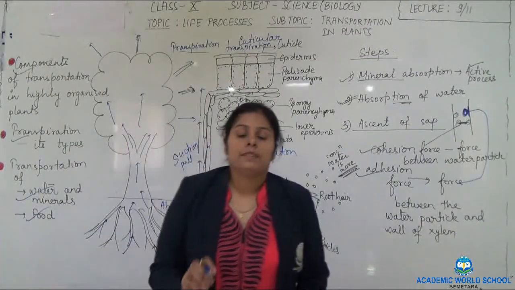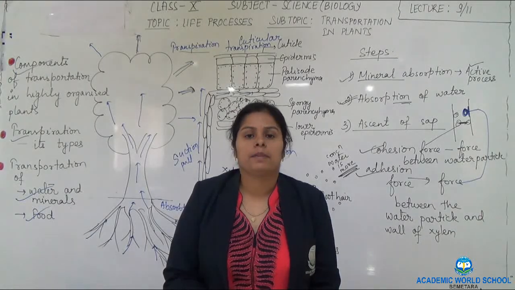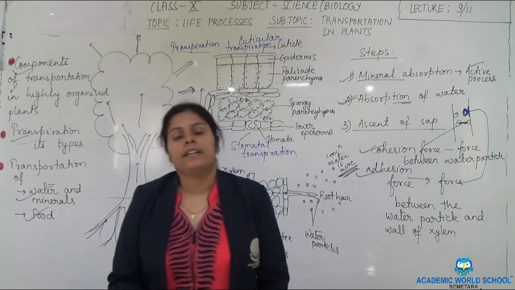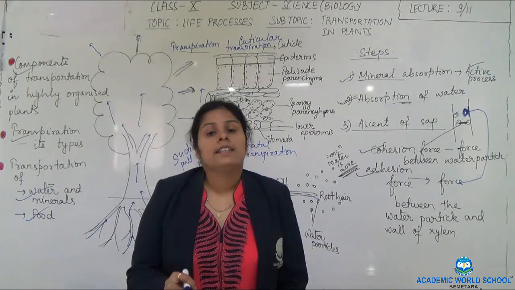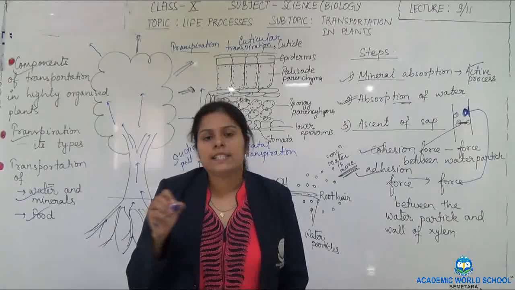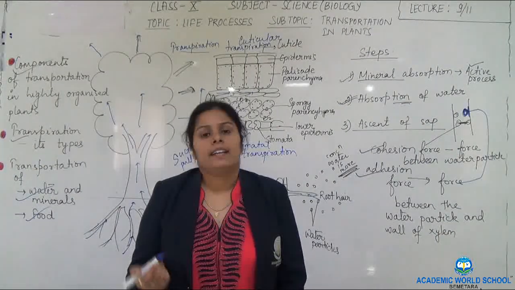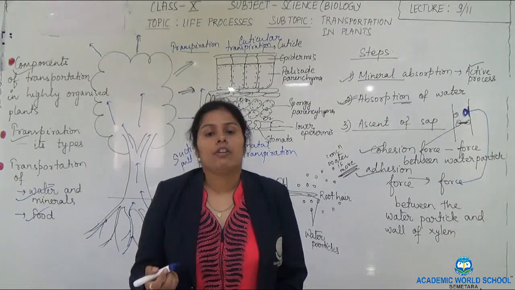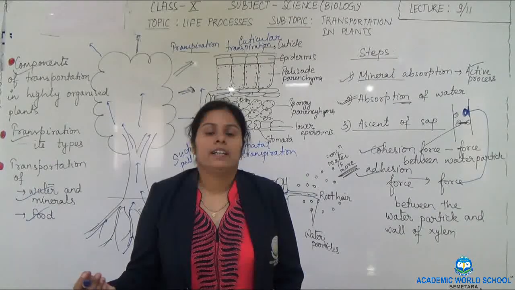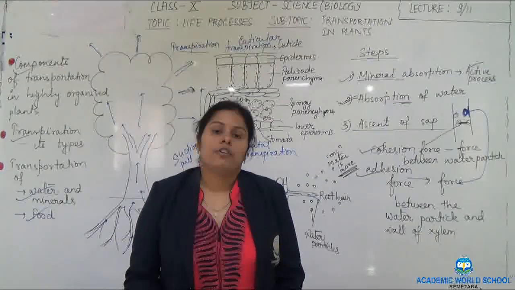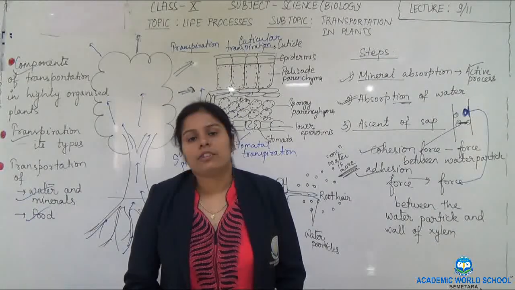We know that the food is prepared in the leaf, and it is the phloem which is responsible for translocating food to different parts of the plant. What will happen? The food is loaded onto the sieve tubes, and in between the sieve tubes you will find perforated plates which are called the sieve plates. From there, water is also there along with the food, and it will travel to those places where it is required or where there is a deficiency, and the food is supplied to all parts of the plant.